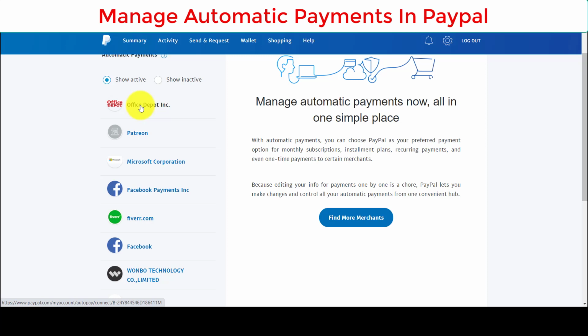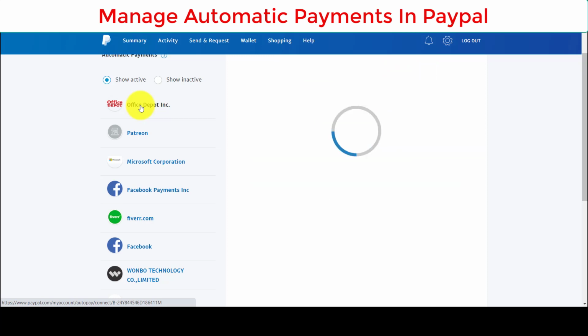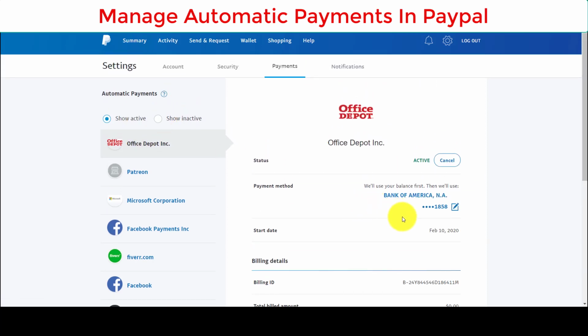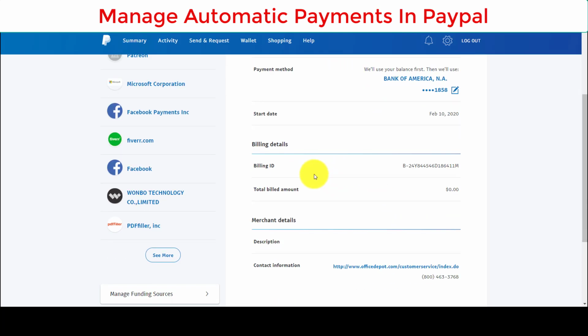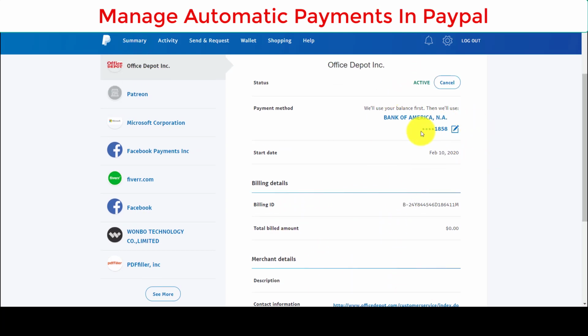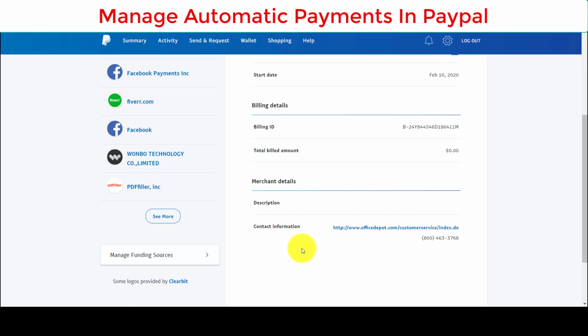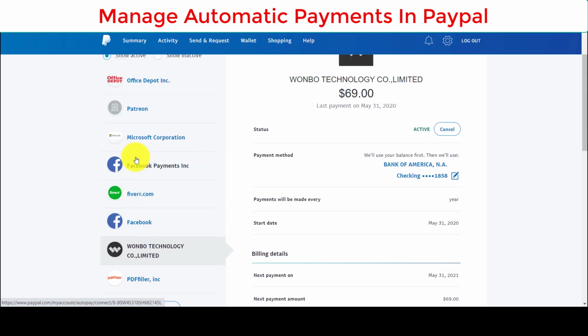Like, we're going to click on this Office Depot. I don't have any automatic payments set up for it, but if I buy something on Office Depot, it will bill to my PayPal, and I got my bank account linked to it. But you get all your description. But this is the one that I got right here that charged me today. So I'm gonna click on it,